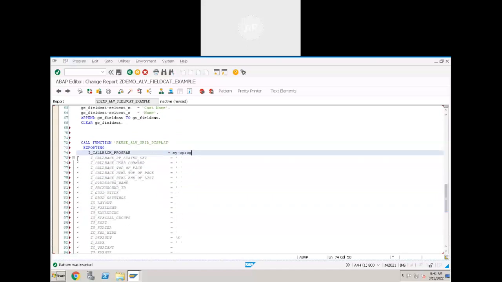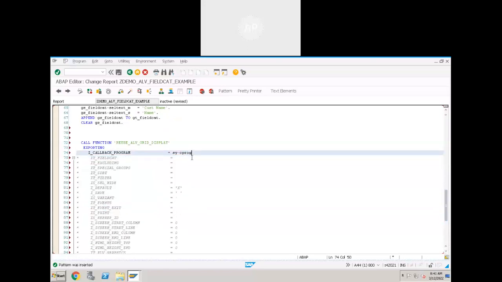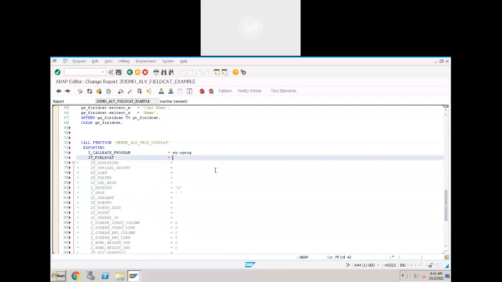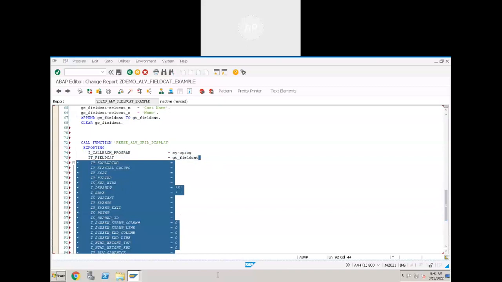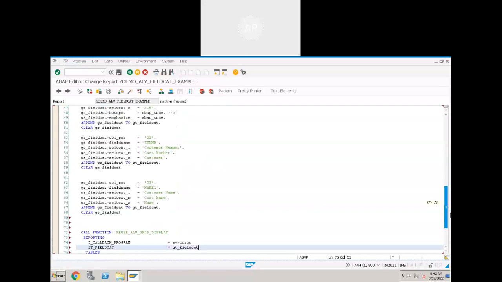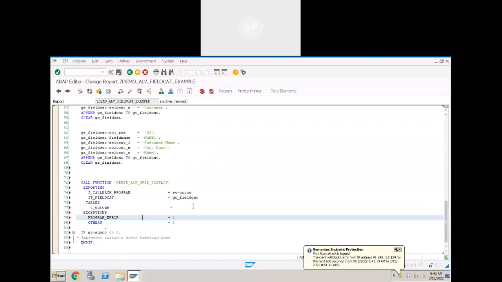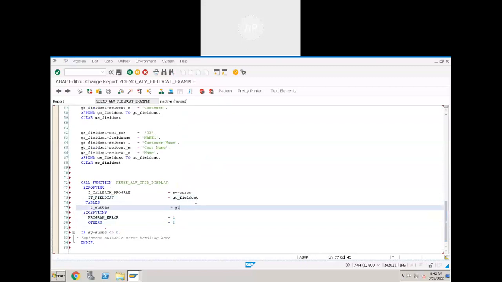Pass the field catalog internal table. Here what you have to pass? GT underscore final, the final sales results. Activate